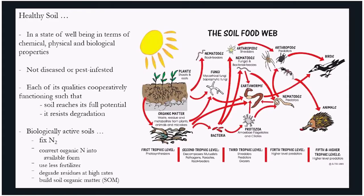So, nice diagram here that's been developed by the Natural Resource Conservation Service, showing the soil food web. And as you can see, those of you that can see, at the very basic level, we have plants that capture energy from the sun, and by using that energy, combine water and carbon dioxide to form the carbohydrates, which are the sugars that we eat,